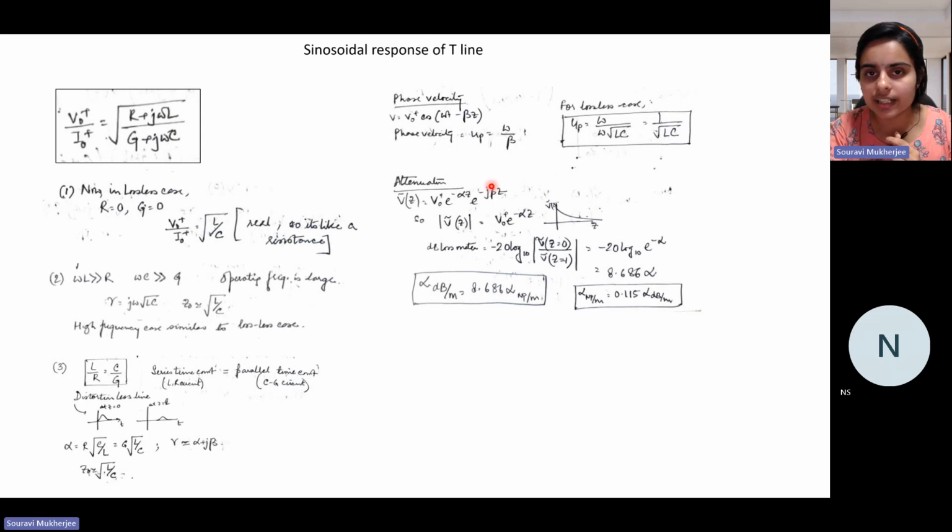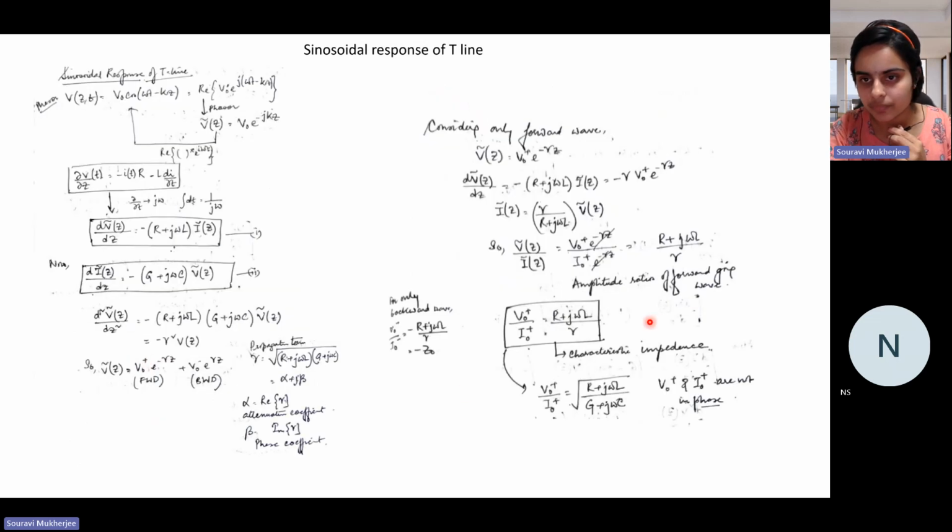Another important thing is, if you have some wave, what is the phase velocity? If you have some wave like this, it's given as omega by beta, right? And you have a similar form when alpha is zero. In that case, if alpha is zero, your gamma turns out to be just